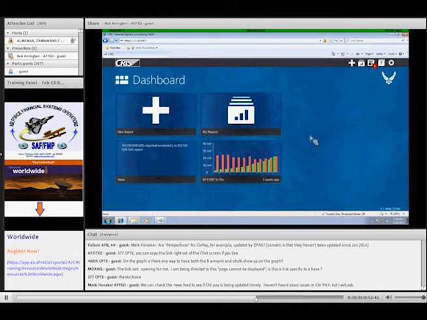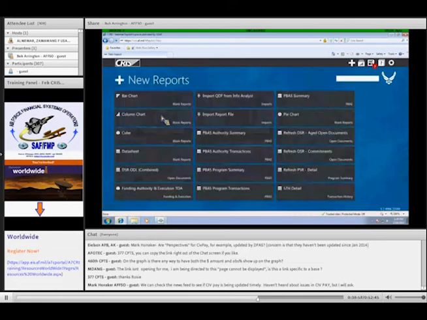Probably a big problem that people run into and that trips me up a lot is making sure to select your role if you have multiple roles in CRIS. So I'm going to go to New Report. I'm just going to left-click the New Report tile on my screen. And let's say I was going to create a new report as a data sheet.